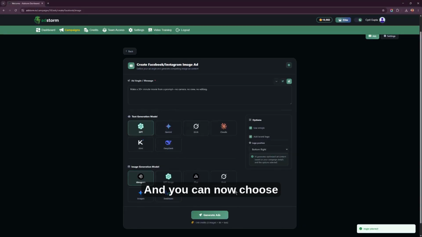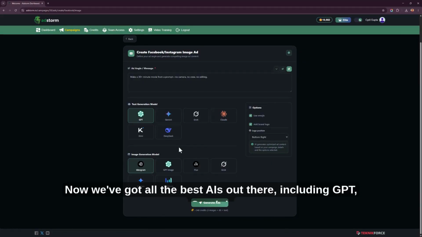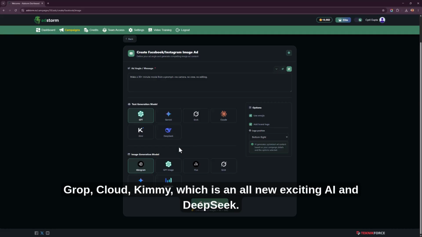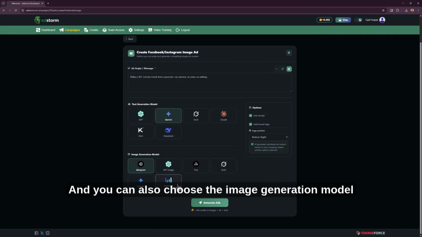Let's take this angle, the first angle. I really like it. And you can now choose the AI that you want to use to create the ad copy. Now we've got all the best AIs out there, including GPT, Gemini, Grok, Claude, Kimi, which is an all new exciting AI, and DeepSeek. You can use the AI you want. For example, for this one, I will use Gemini,